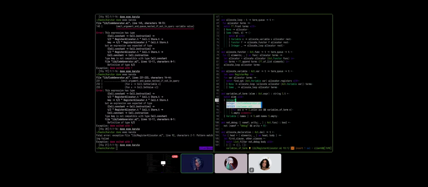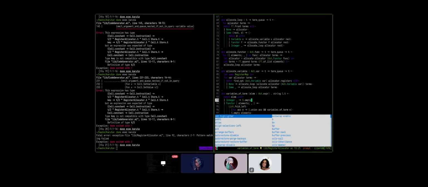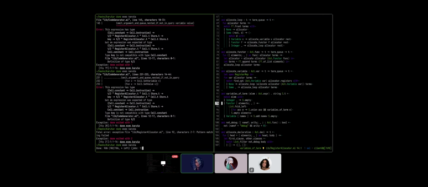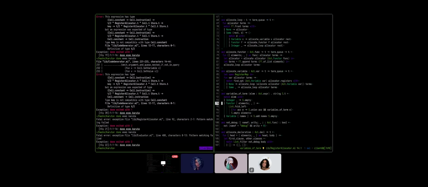Ah, I know. It's because... No. This is constant, not integer. No, it is integer. Are you sure? Yes, I am sure. There. Yeah, so I don't understand why the compiler didn't tell us this one before? Damn!